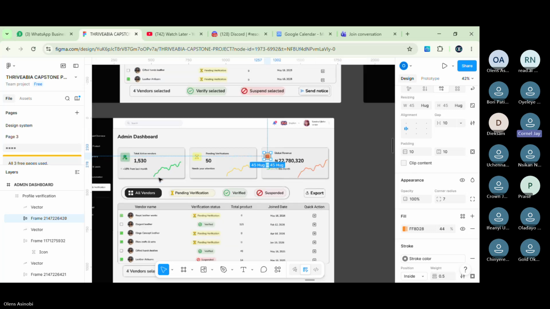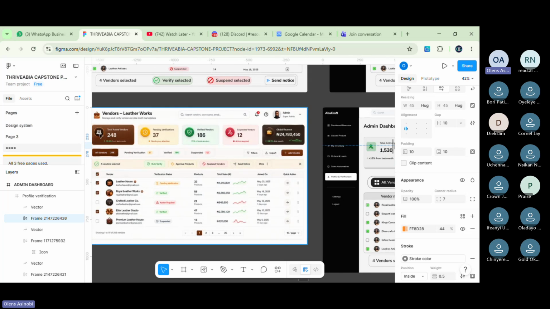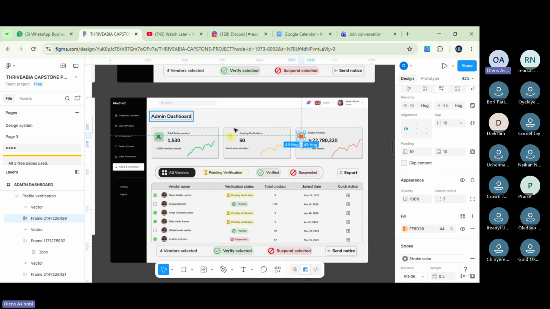Yes, sir. Now you see here we have about 5 different cards. We have total active vendors, pending, verified, suspended, and global revenue. Yet you only have total, pending, and global revenue. Where are the rest? What happened to them? So sorry, I did not get you.